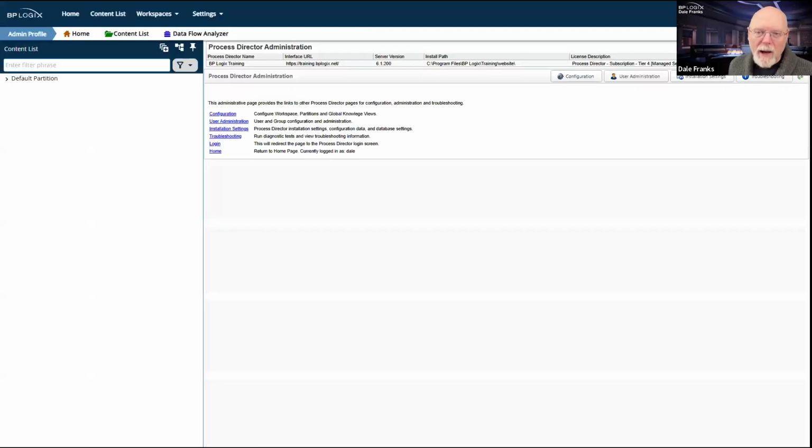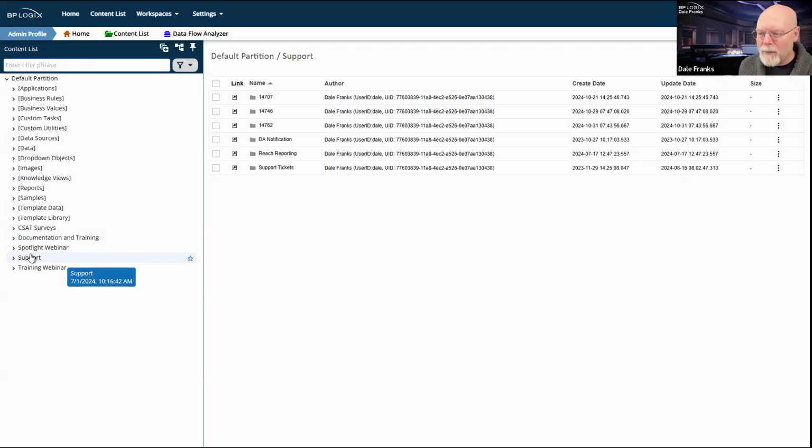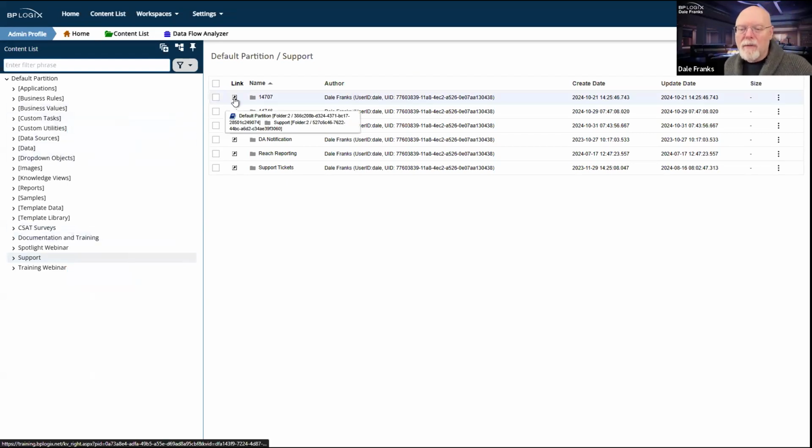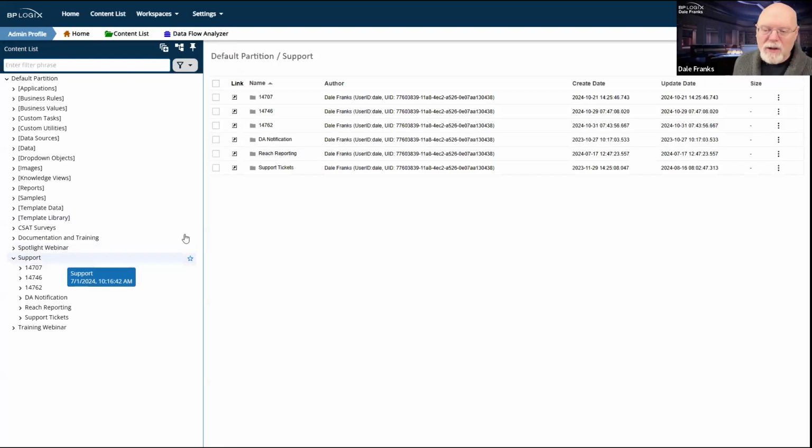Now, if you don't mind, I'm going to go back to version 6 to play around with it there, because at this point everything in debug mode is pretty much the same. So let's go into the support folder. Some things are happening here. First of all, for each item I have a link to that item, and that link takes me right to, in this case, my folder properties.